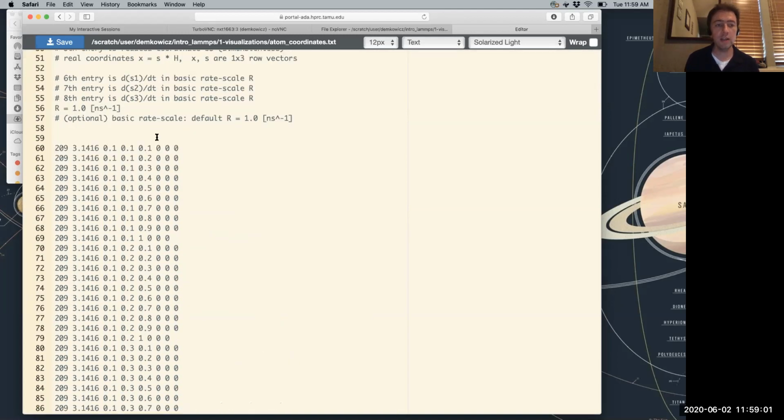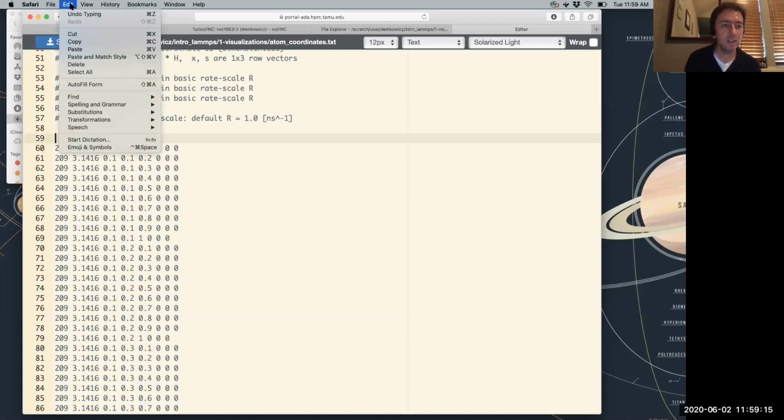I'm almost done. The only thing that I have to do now is take this 3.1416, which is a rounded off version of pi, and change it to polonium, right? So I'm hoping that I should be able to go up here and search. Let's see, where's search? Do I have search?